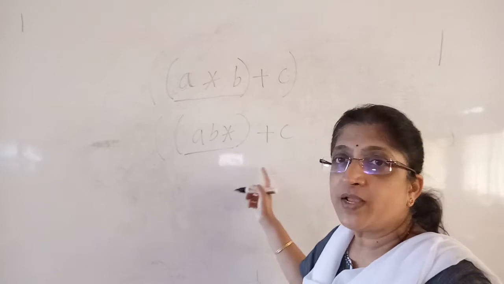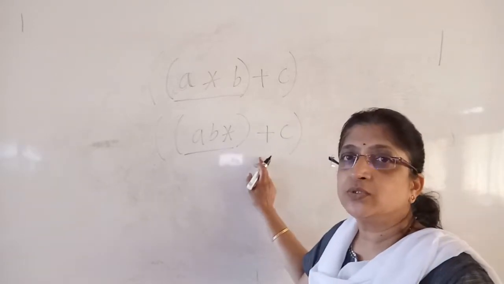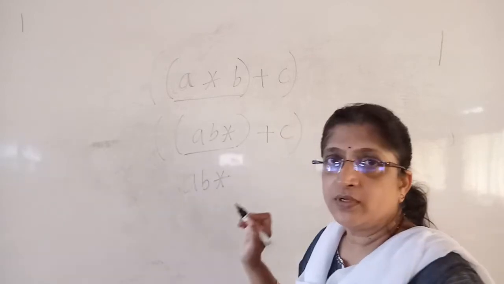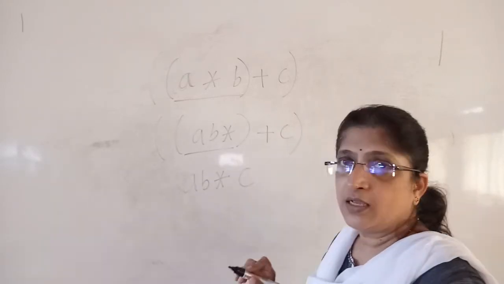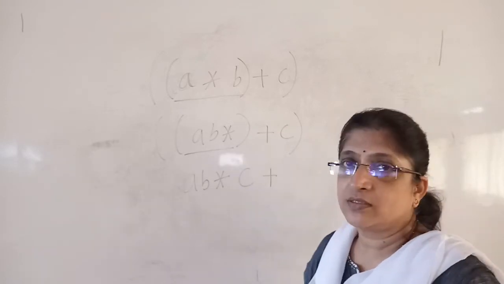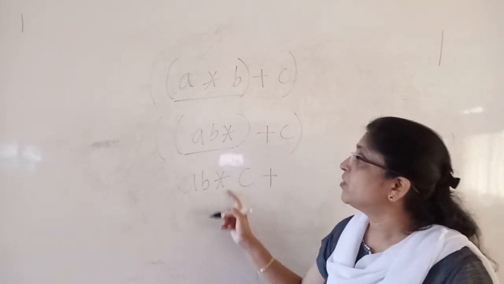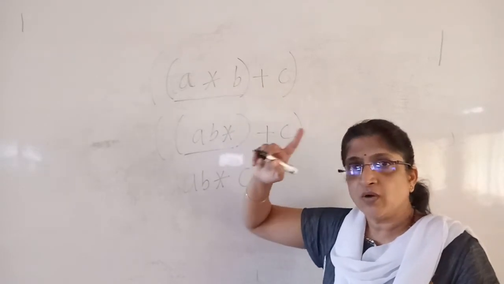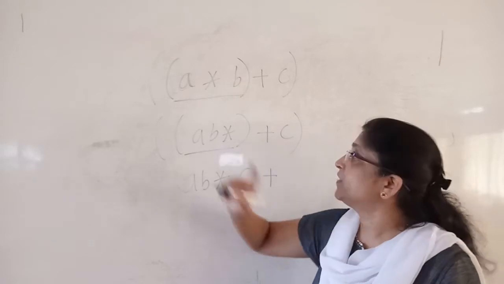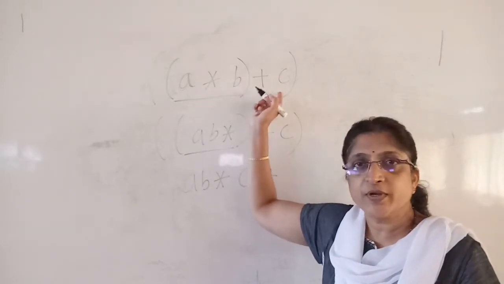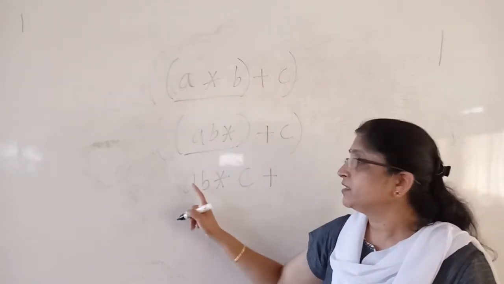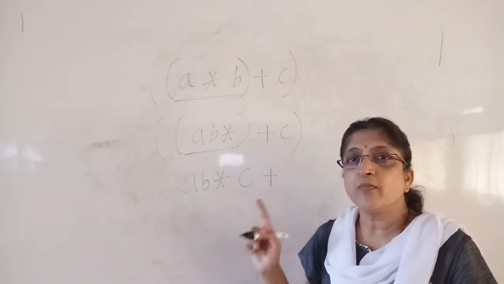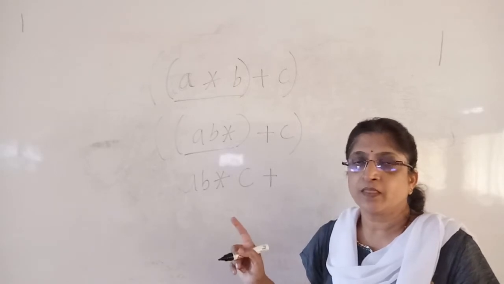Now you have to convert the plus operator. So for the addition, the first operand is AB star, the second operand is C, then write plus. Now this is the postfix form of A star B plus C. So now again you observe that A, B, C is the order of operands in the infix expression, and in the postfix expression also it is A, B and C. Only the position of the operators change.